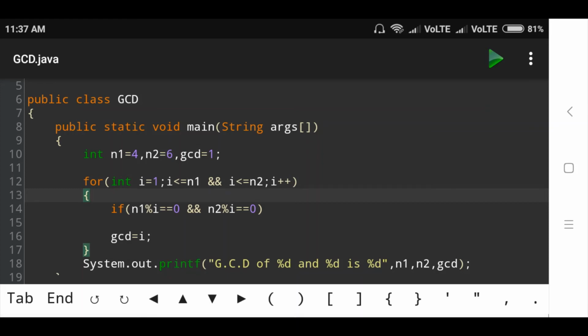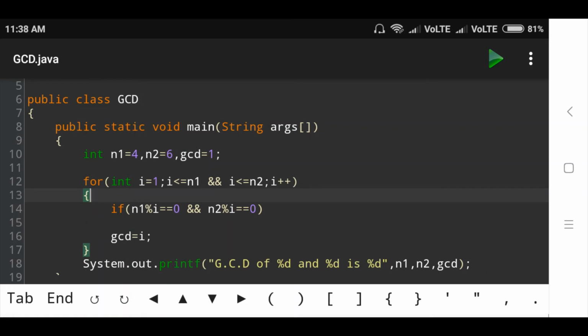I value is 4, I is less than equal to n1, 4 is less than equal to n1, condition is true. And 4 is less than equal to n2, means 4 is less than equal to 6, condition is true. Again go to the if condition. n1 value is 4, modulus I, remainder is 0, so condition is true.